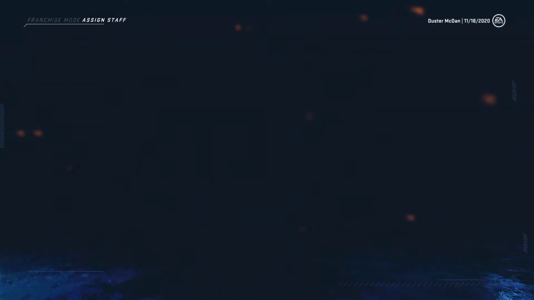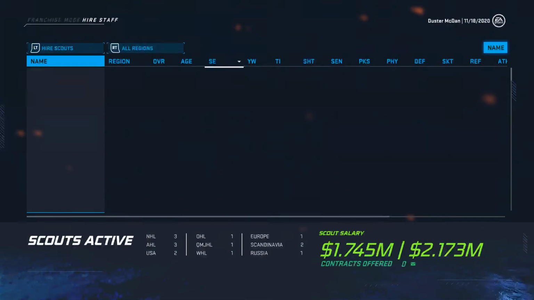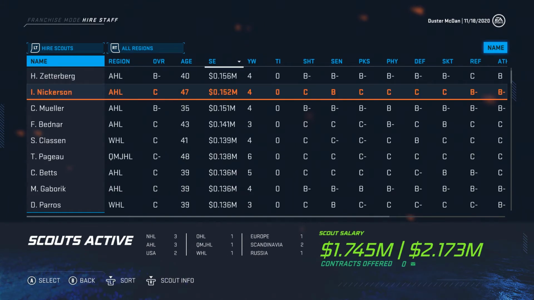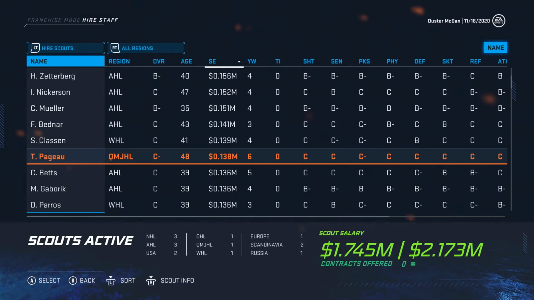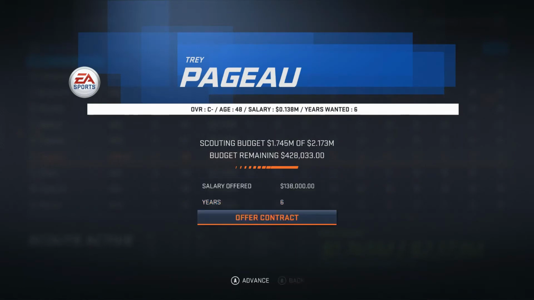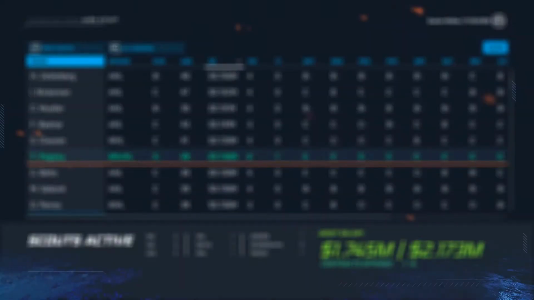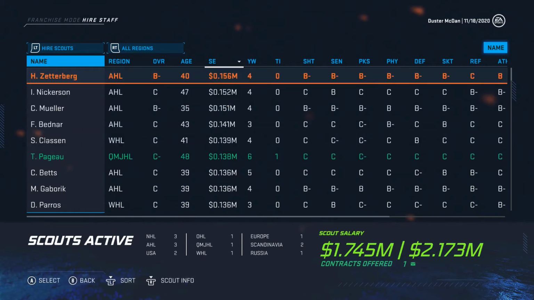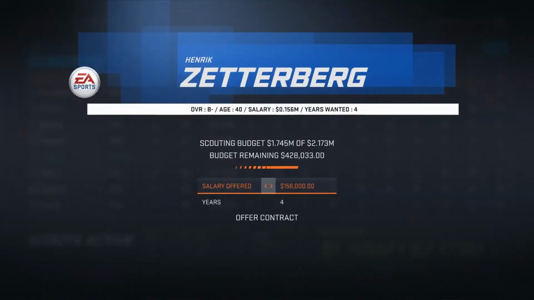How do we hire scouts? We'll go ahead and hire some scouts. Henrik Zetterberg can be hired as a scout, which is kind of cool to see. Let's see. We could use another Q and an OHL scout. We'll go ahead and offer this Pajot guy. C's across the board. Low-key want to sign Zetterberg and assign him to